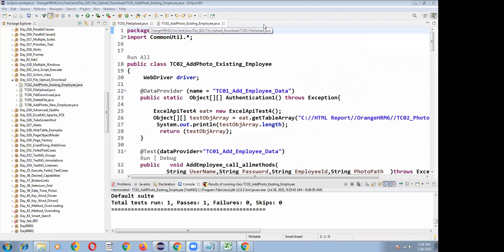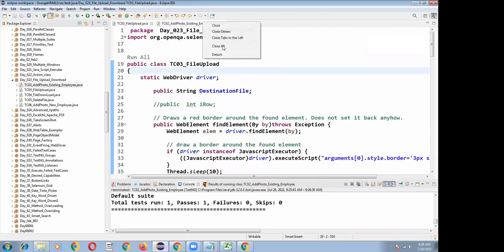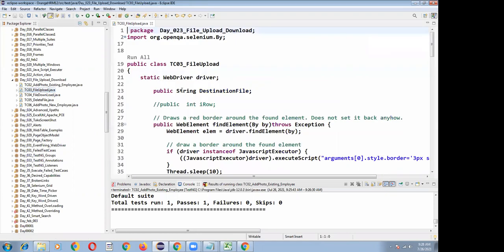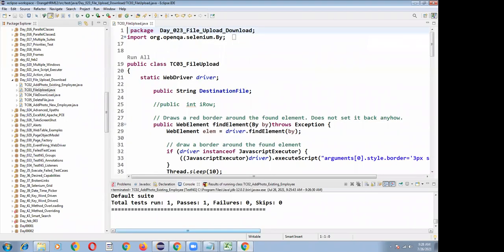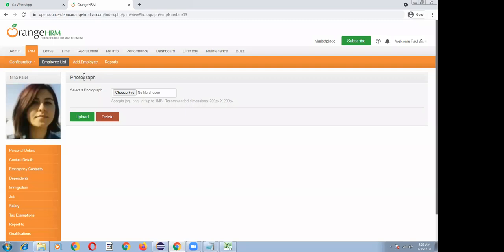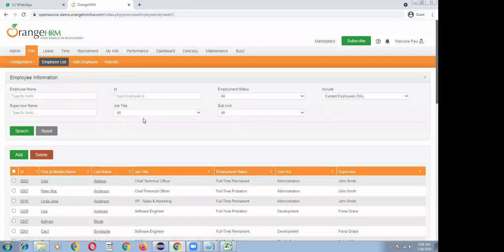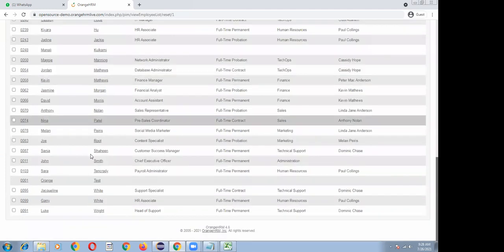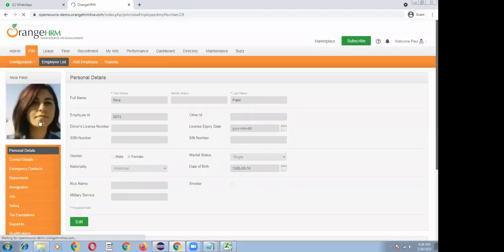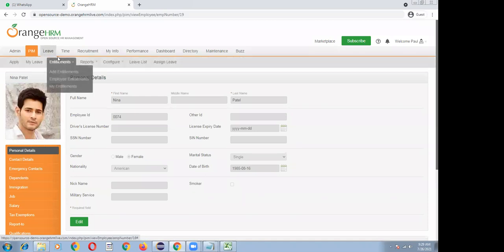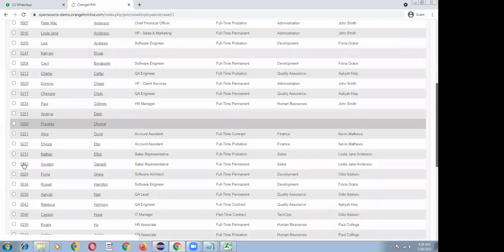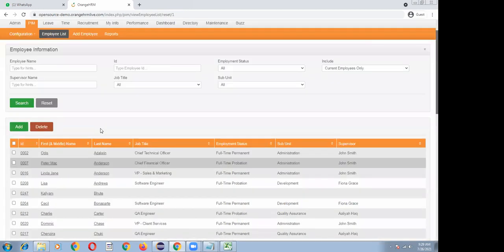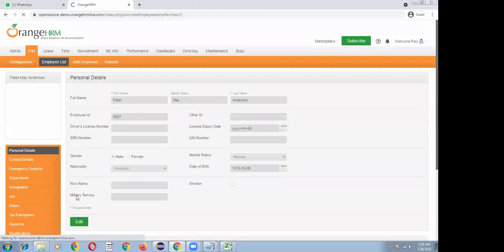Okay, now let's go to the next point: file upload, second program. Let me show you the scenario in the application first. So we have uploaded the 0074 employee ID, this is the file we have uploaded. Okay, and I want to upload a file attachment for any of the employee IDs. So I'm clicking on 0007. And here are the attachments.